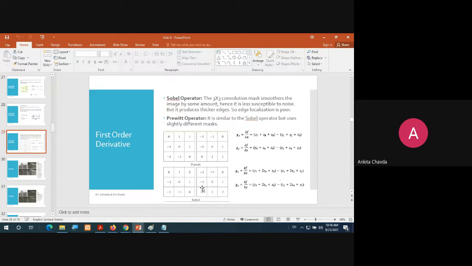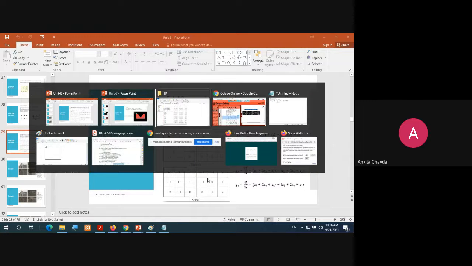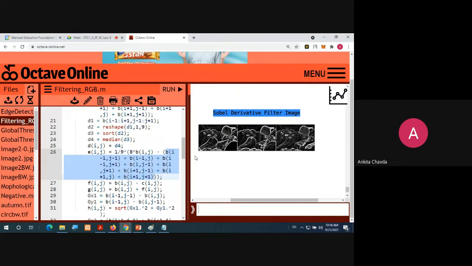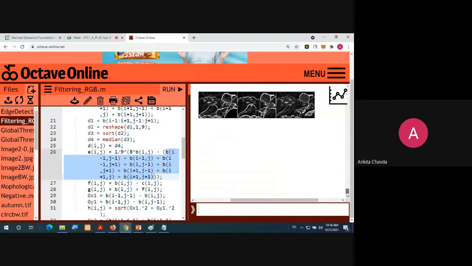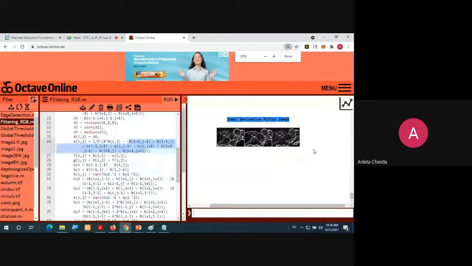If the filter is like this, 0 1 2, -1 0 1 and -2 -1, it means that is Sobel, right? So these values would be 0, this or this. You have applied this manually in the program, and you are getting the result like this. They are all edge detection filters.